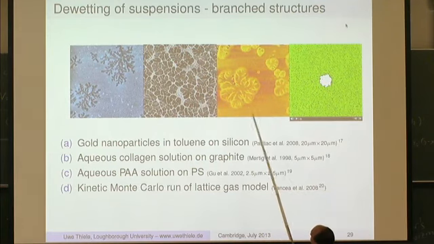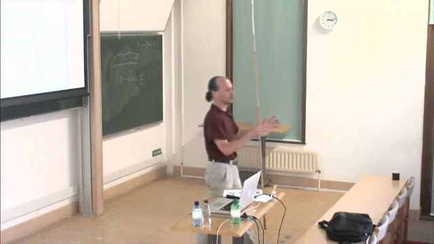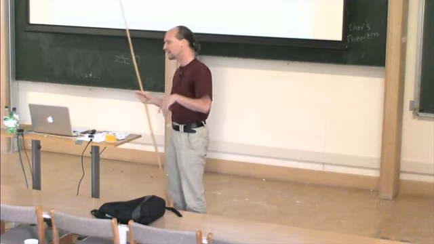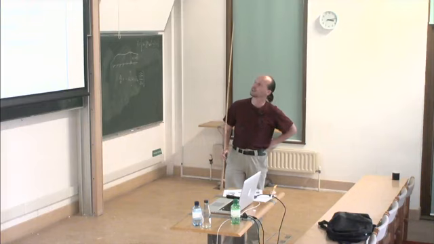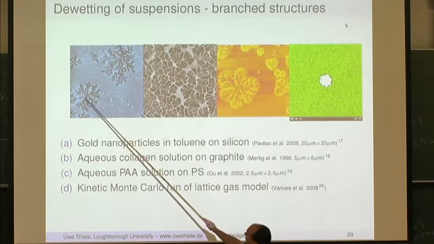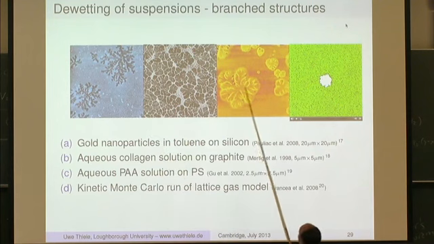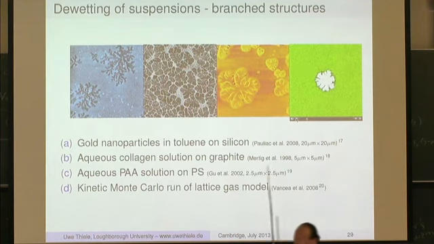And so what you see in these situations, you would expect maybe a dewetting with very nice holes that grow as round holes as is known from nice polymer dewetting experiments. But what you see in all these experiments, you see this strong fingering instabilities where you have this richly branched structures. And I will only show here as a teaser, I will not go into detail, a kinetic Monte Carlo